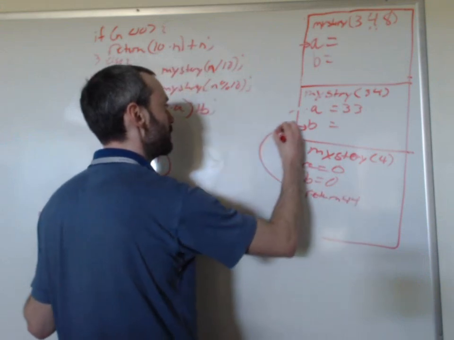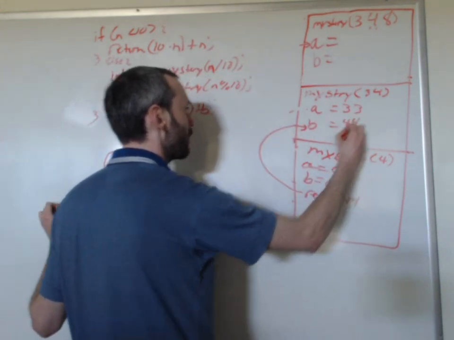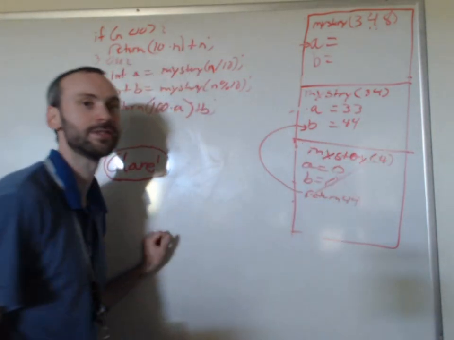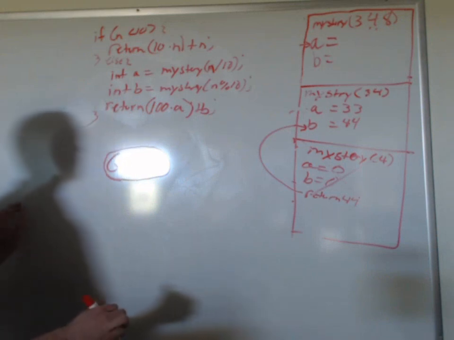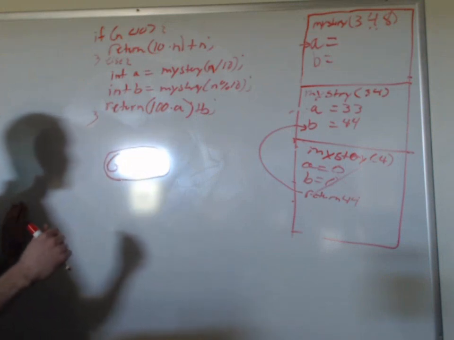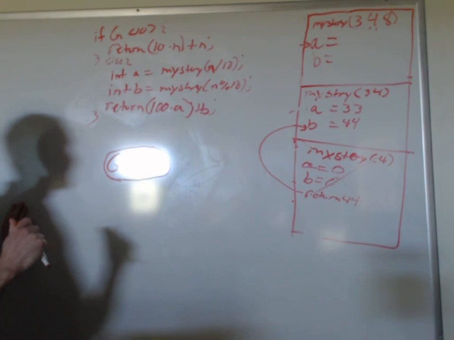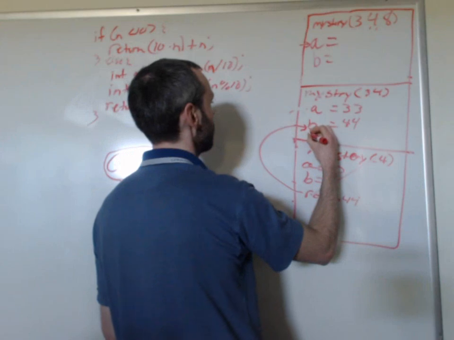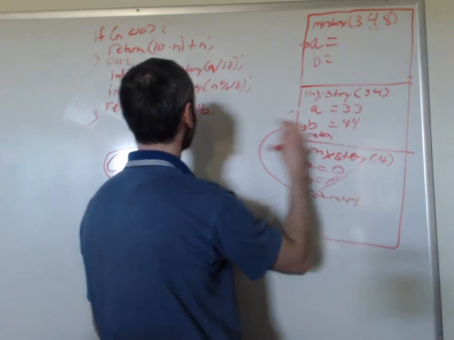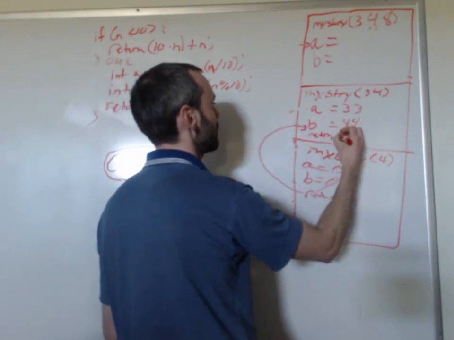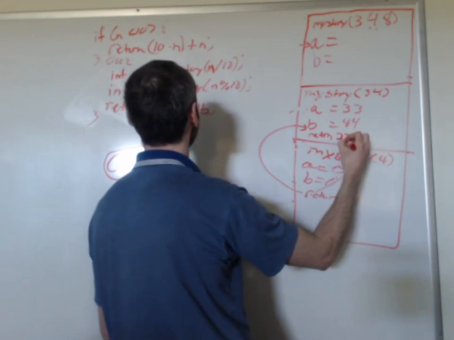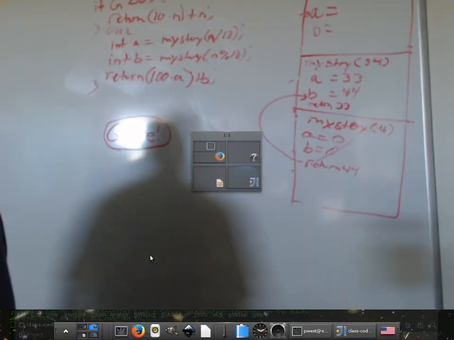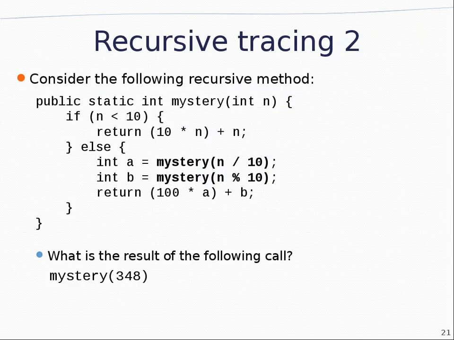So this is going to come up to B. We're going to put in 44. So this has been deallocated. I'll put an X there just to signify we don't care about it anymore. Maybe that'd be helpful. Now what do we do? Return 100 times A plus B. All right. What's 100 times A? A is 3, plus B. Is it really 100? This should be 1,000. It is 100.